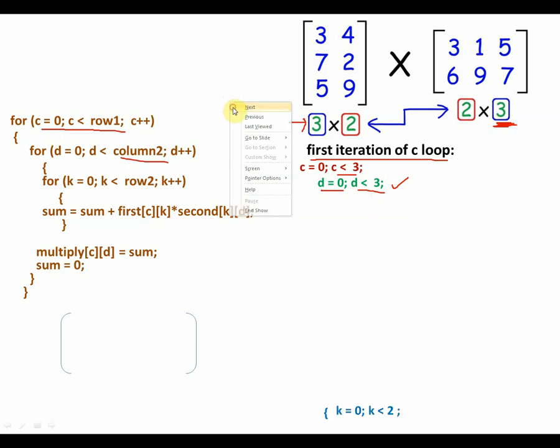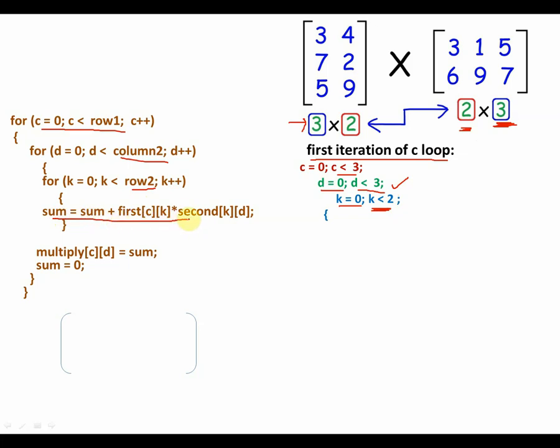Once we go inside the second loop, K will be initialized to 0, and you have to check if 0 is less than the number of rows in the second matrix, which is this one. Is 0 less than 2? I have written over here, is K less than 2? K is 0. 0 less than 2? Yes, it is. So we execute the inside of this K for loop.